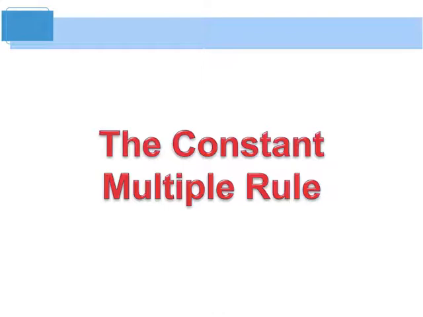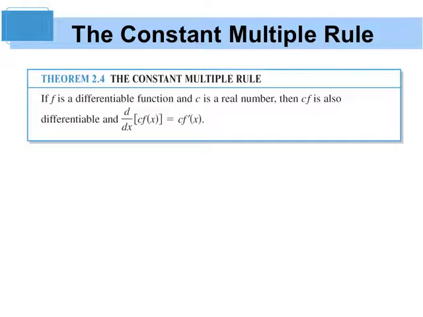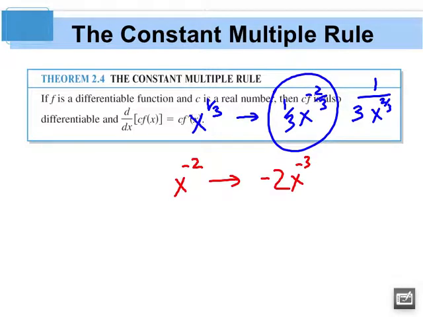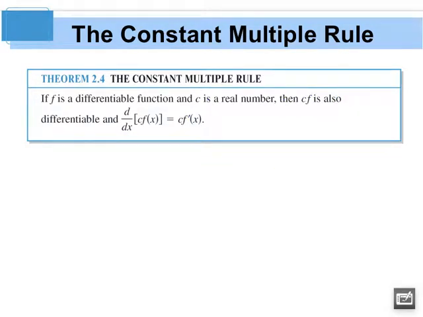We're going to go through this quickly. The only thing this says is if you have a constant out in front, just multiply it by the constant when you're done. So when, which one was it? This one. When Nick took the derivative of 3x to the 4th